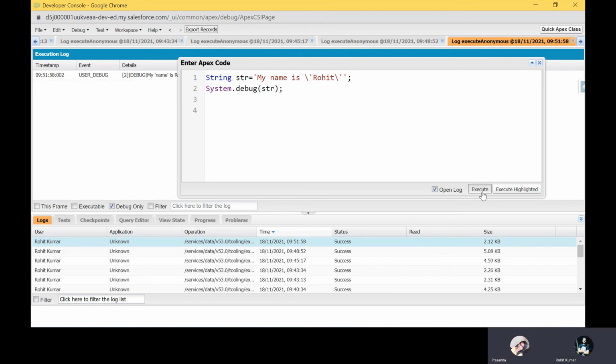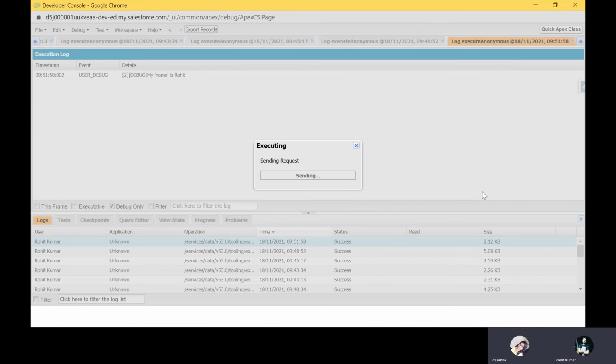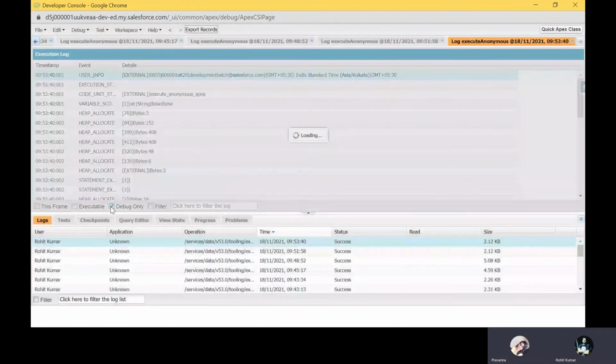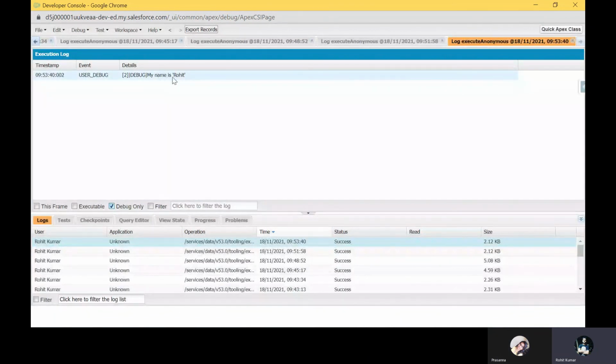Once you execute this, a quotation in the particular string, and once you hit the debug, you can see my name is Rohit in single quotation. Yes, got it? Yeah, I got it.